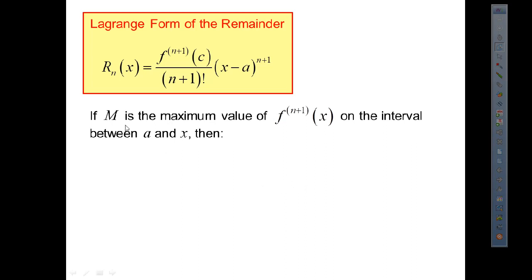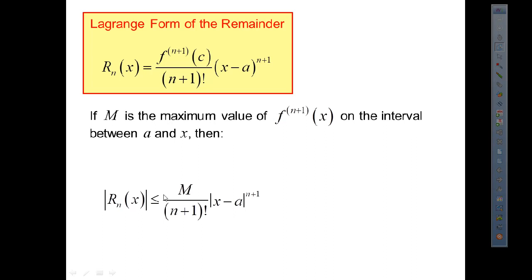Now, if m is the maximum value of the n plus 1th derivative of f of x on the interval between a and x, then m is going to have to be, sorry, that's not in between, it's going to have to be greater than or equal to this thing right here, which is the absolute value of the remainder for the whole series. So this is all those extra terms added up, and we take the absolute value, and it has to be less than or equal to